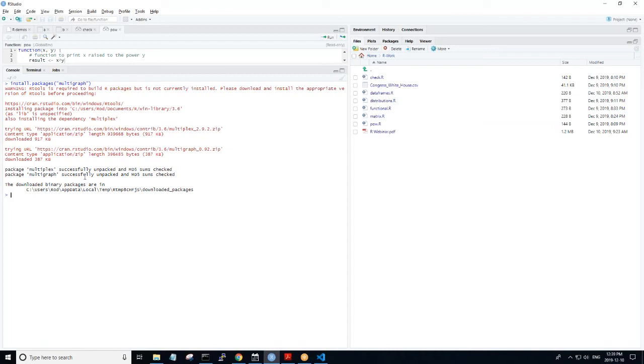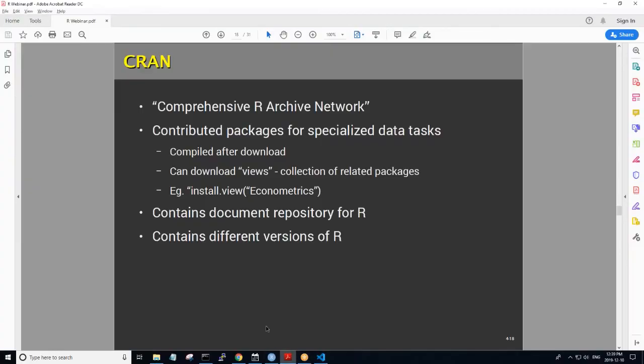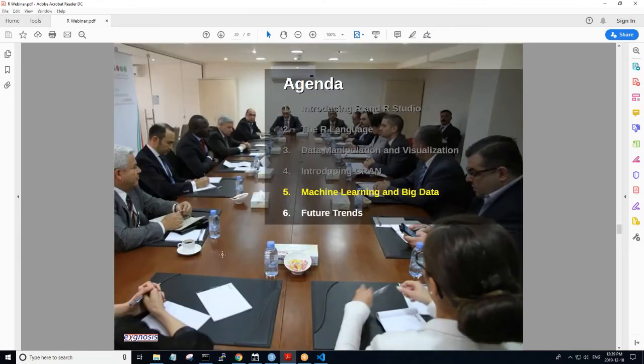When we're talking about the power of R, this is the kind of thing that makes R really, really attractive, because I'm not always going to be reinventing the wheel. I'm always going to be able to go and leverage the work of others if it's relevant to what I'm doing. This is pretty much the standard model we find nowadays around the internet when we're working with modern programming languages, modern big data environments, is this notion of repositories, whether it's crates in Rust, packages in Go, gems in Ruby, packages in R. R was one of the first languages to really adopt this model. And it is one of the reasons why R has become very, very popular.